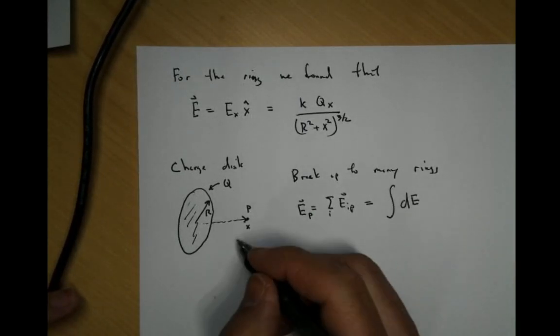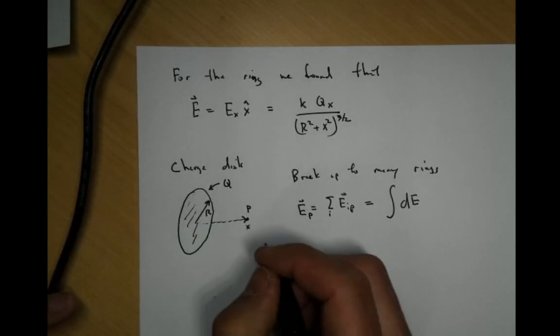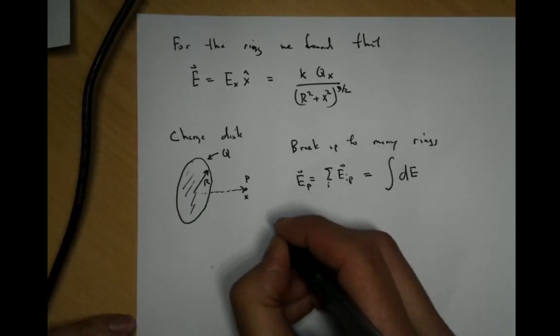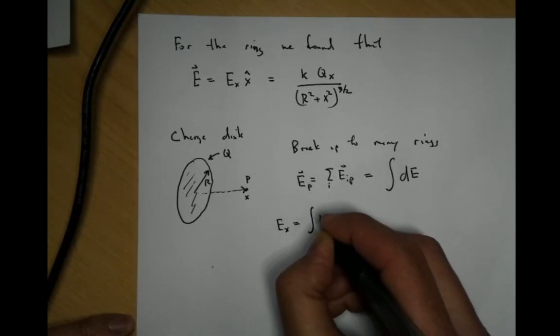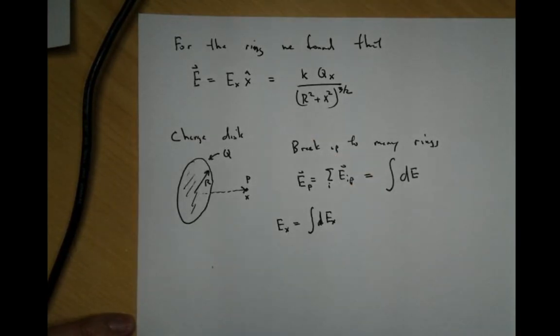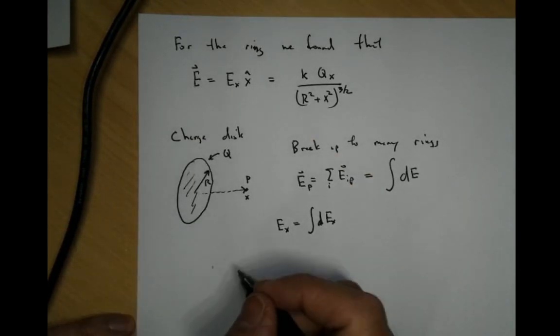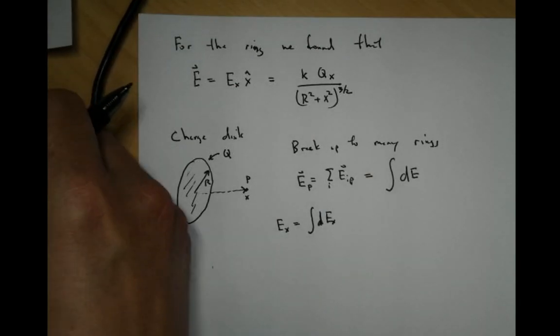Okay, so all we need to do now is figure out the E_x component, because that's the only component that will matter. What that means is basically E_x is going to be equal to the integral of dE_x's for each one of these rings here. Okay, let's go ahead and figure out how to do this now. All right, so in order to do this correctly,